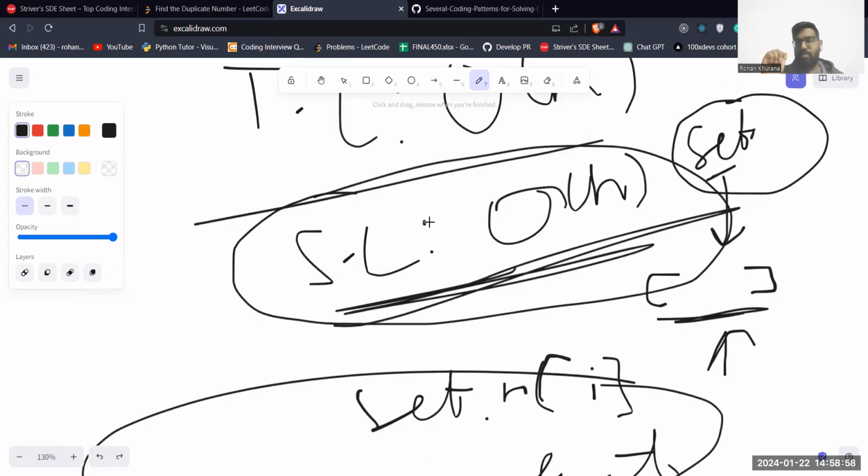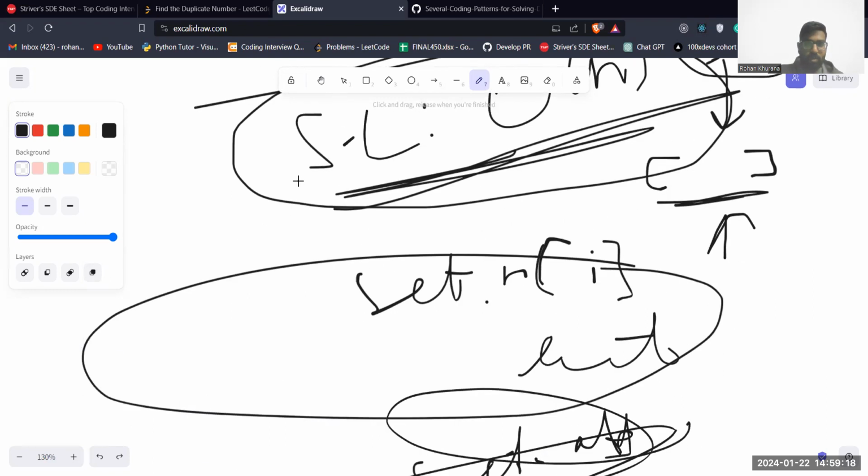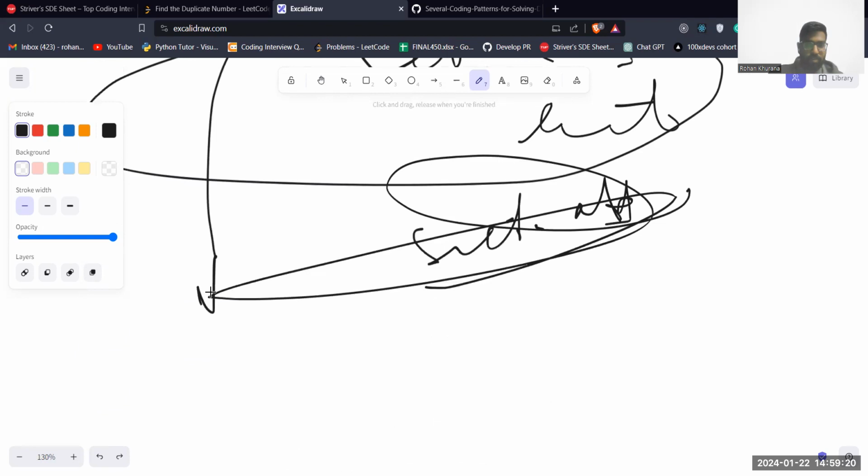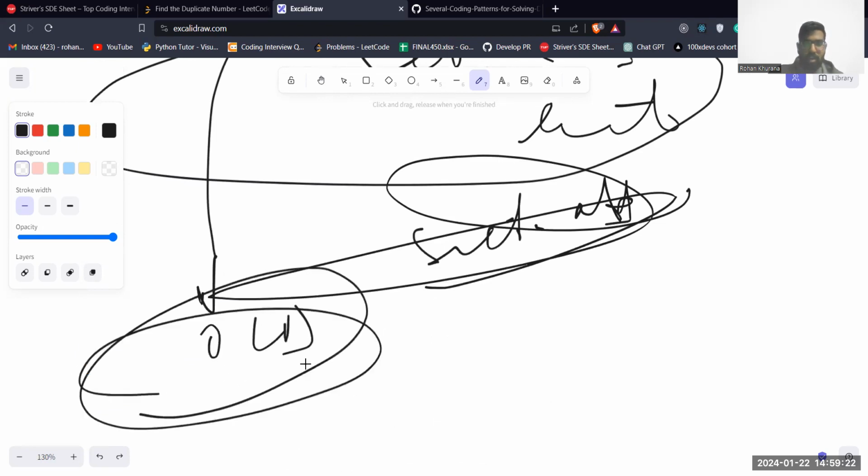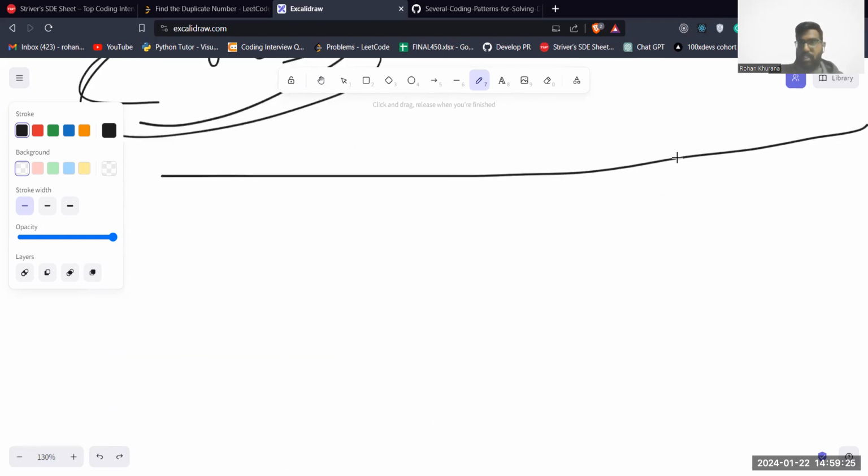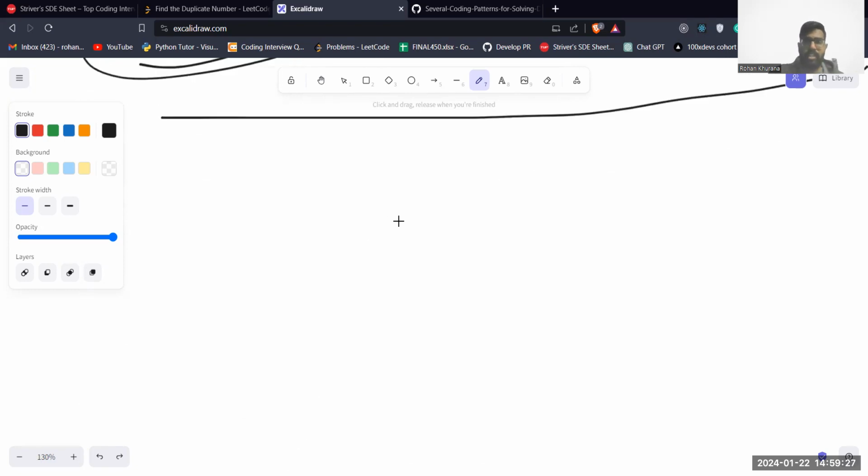At this point, the interviewer will ask you, great, you have improved the time complexity, and you have not modified the array. But I want you to do this question without taking any extra space. So he wants you to do it in O of 1. Now, how will you do that? Let's see. At this point, we are going to use